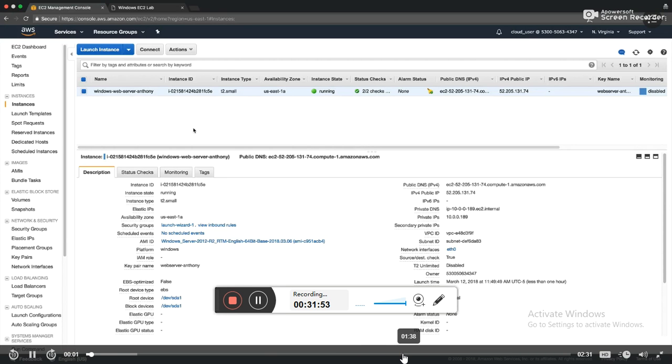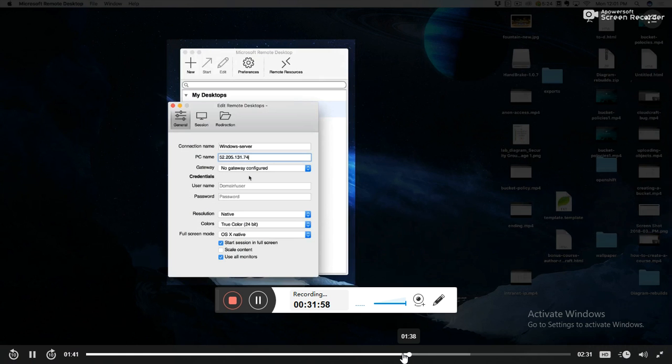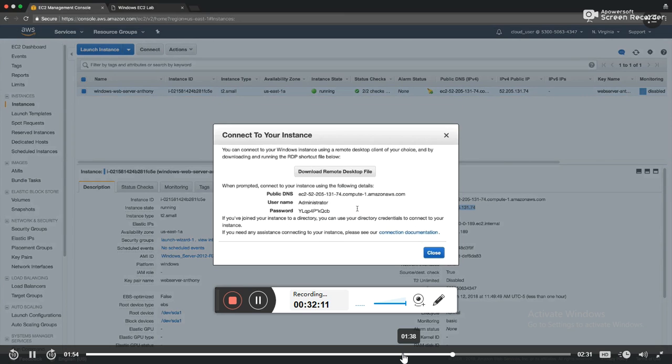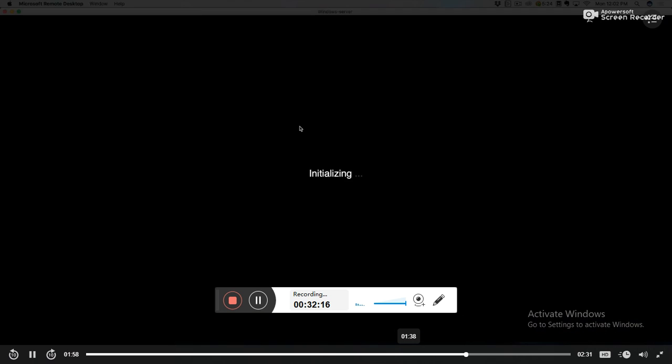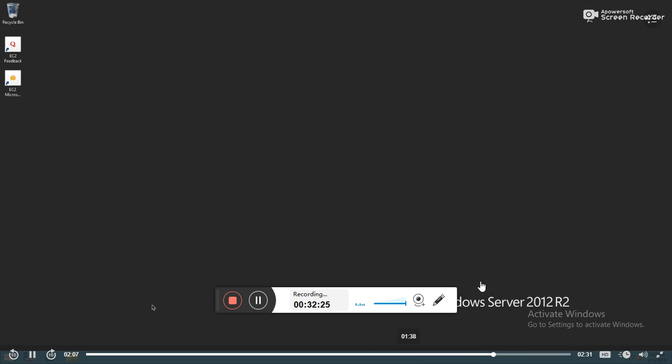Welcome, and in this video, I'll need to copy my public IP address and paste it in. The username is going to be administrator, which is the default Windows administrator username. And then again, we'll need our password. I'm going to copy in my password, close it out, double click on it, select continue, and we are going to connect to our Windows instance. As you can see here, I'm logged into the Windows